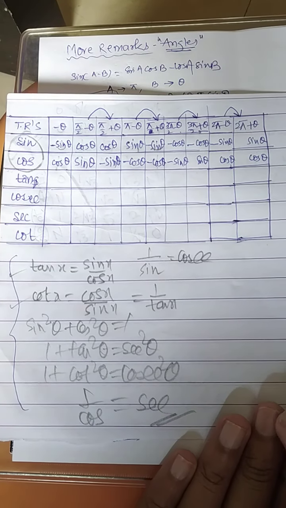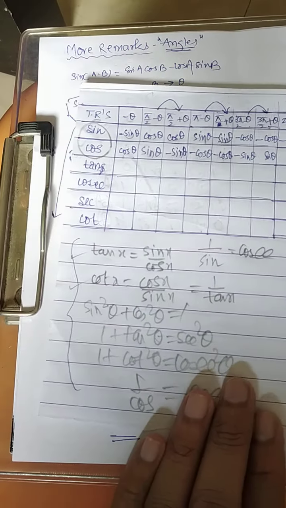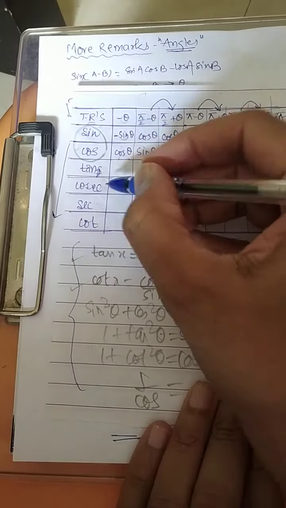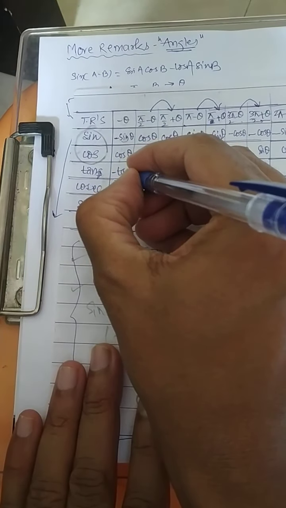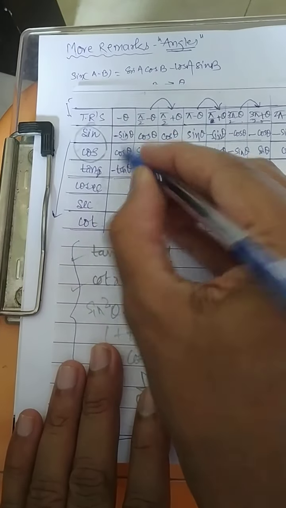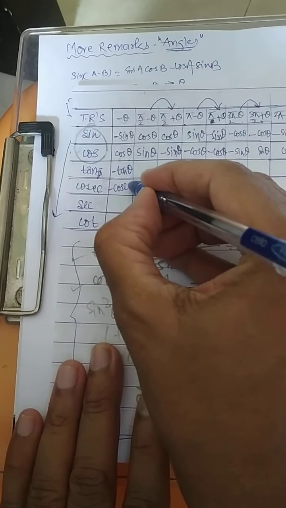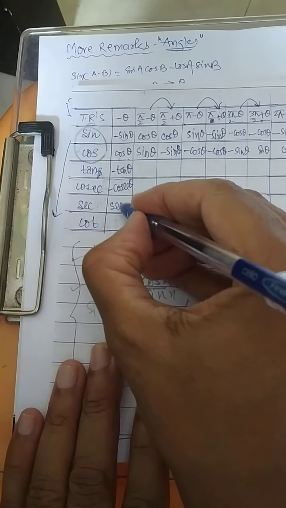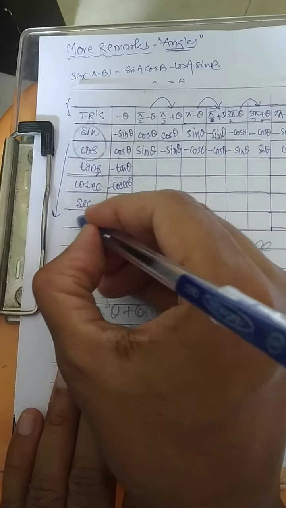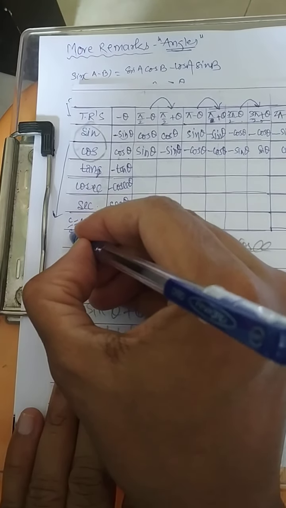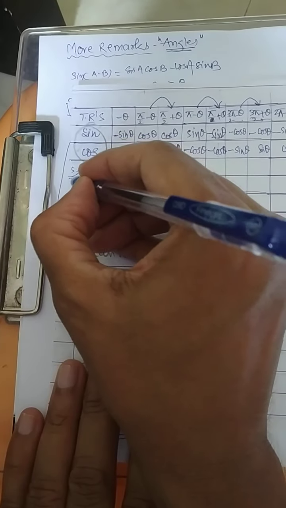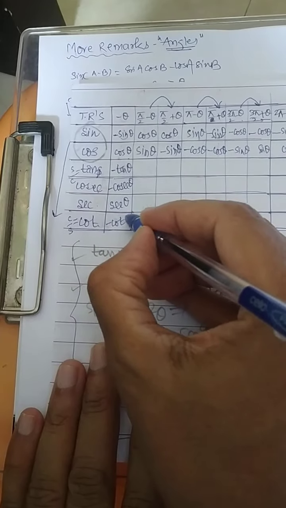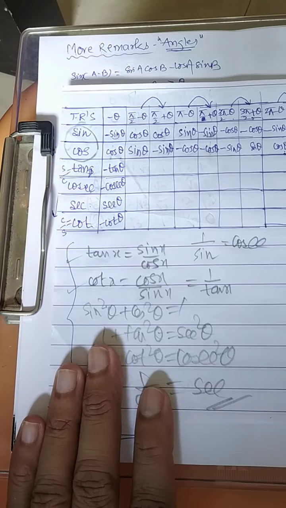I am telling you how to complete. This is a common rule which I told you on the first day. If you want tan, it is sine by cos, so it is nothing but minus tan. If you want cosec, it is the reciprocal of this, so it will be minus cosec theta. If you want sec, it is the reciprocal of this, so it will be nothing but sec theta. You want cot, I also told you cot is cos by sine and tan is sine by cos. Now cot, this by this, will be nothing but minus cot theta. So quickly complete the table.